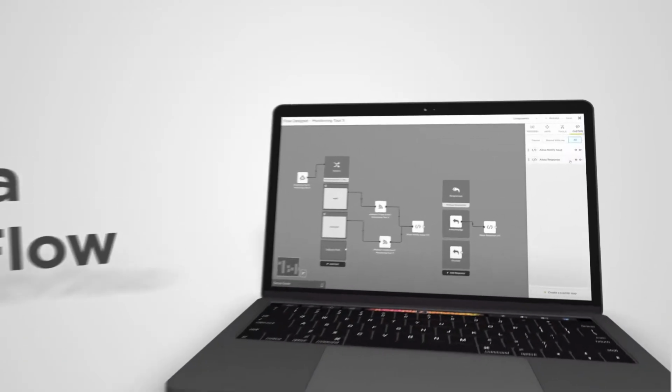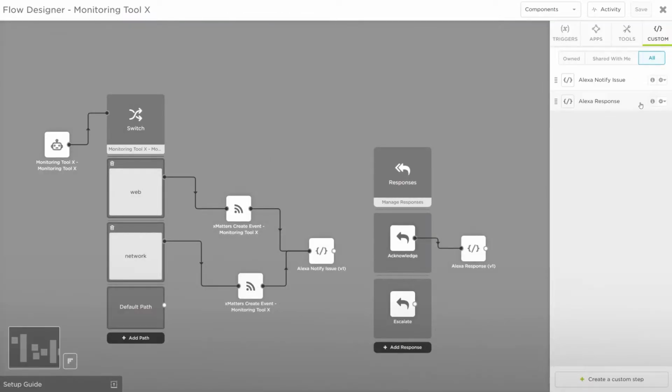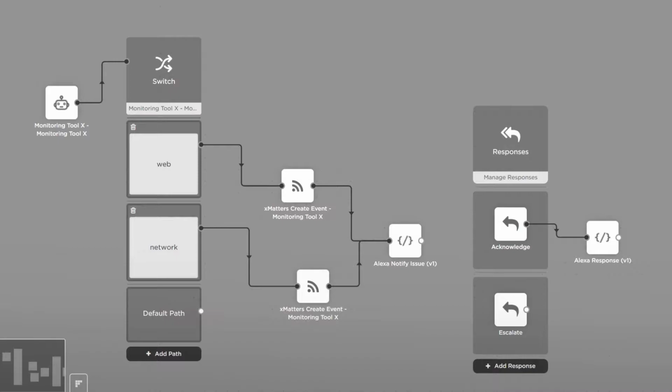In this video, we'll be looking at how to leverage some of the custom features in Flow Designer to automate and enrich your communication processes. We'll be creating a flow that uses an HTTP trigger with incoming actionable information, passing that information to an xMatters switch to decide the course of action to take, notifying the correct on-call resource with a data-enriched notification, using a